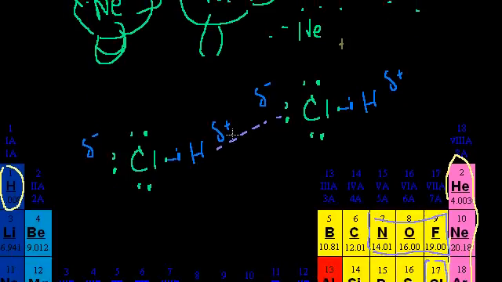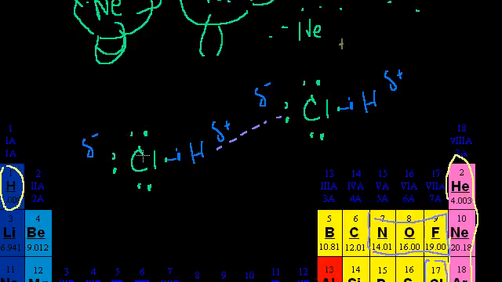Even here, there are also London dispersion forces when the electron distribution just happens to go one way or the other for a single instant of time. But this dipole-dipole interaction is much stronger. And because it's much stronger, hydrogen chloride is going to take more energy to get into the liquid state, or even more, to get into the gaseous state, than, say, just a sample of helium gas.